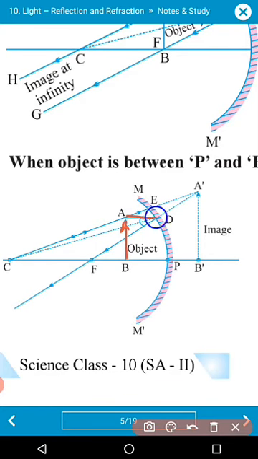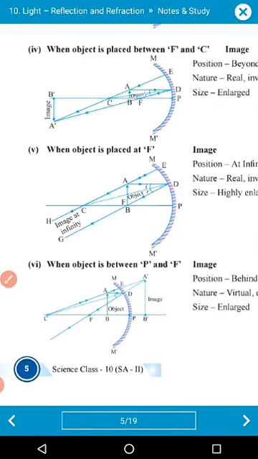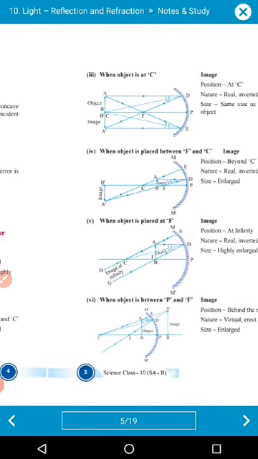The first ray will pass through F, and due to F will go over here, and the second ray will pass through the center of curvature, but the ray passes through over here. So in this case the image is formed behind the mirror, the image is large compared to the object, and the image is erect and virtual. Okay, because in this case the straight image is going to form now. Fine. Understood? So you have 6 cases.